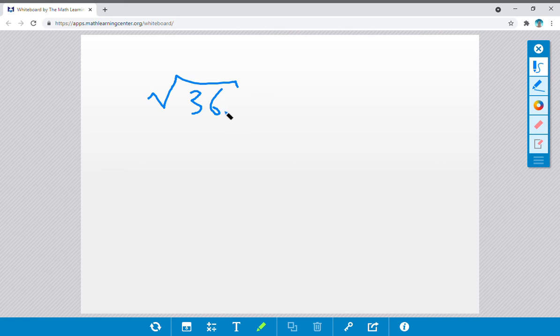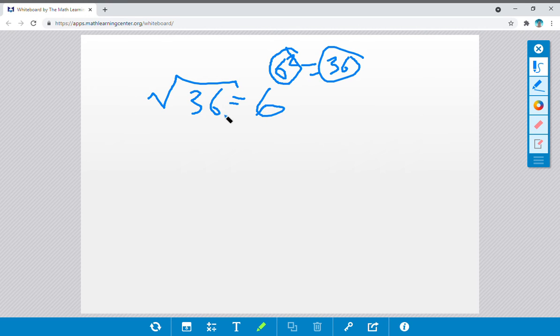We know that 6 squared is 36 because 6 times 6 equals 36, and 6 times 6 in exponent form is 6 squared. 36 square rooted is 6 because